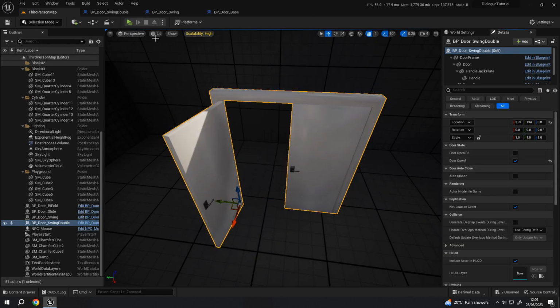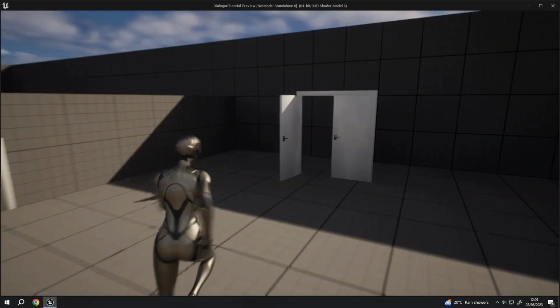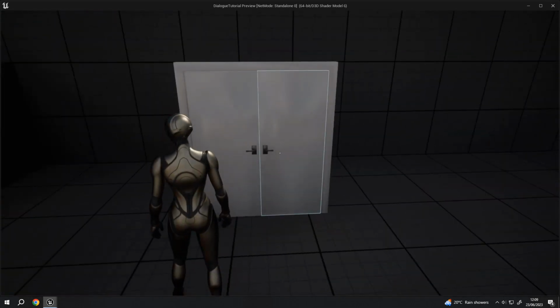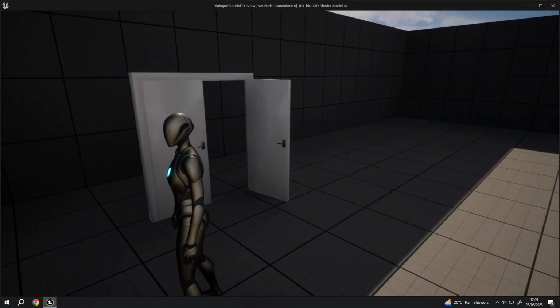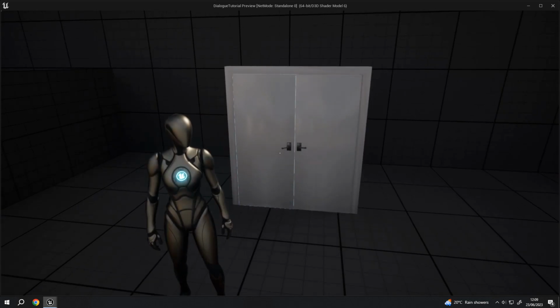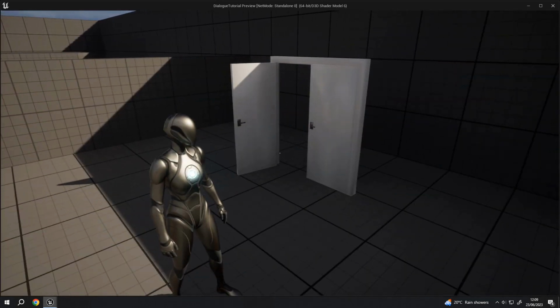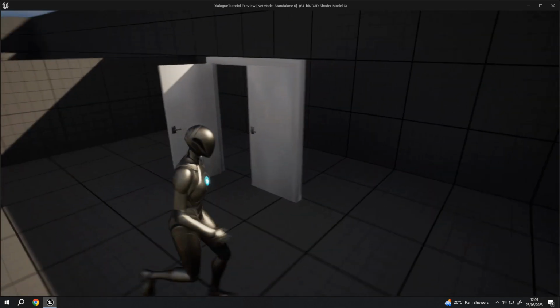Now if we were to start with one of them open, if we were to interact with it, it should then close accordingly. There we go. So yes, that's how you would go about setting up a double door within Unreal 5,